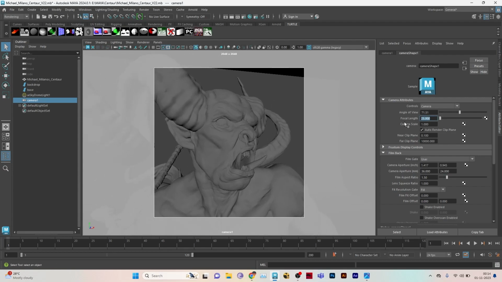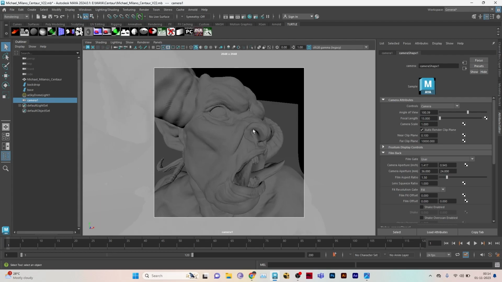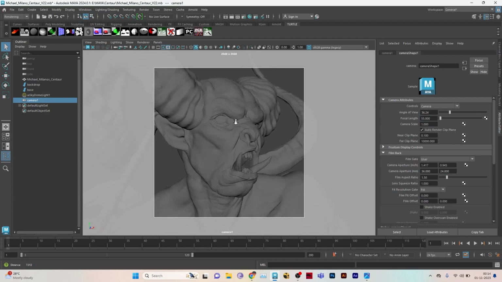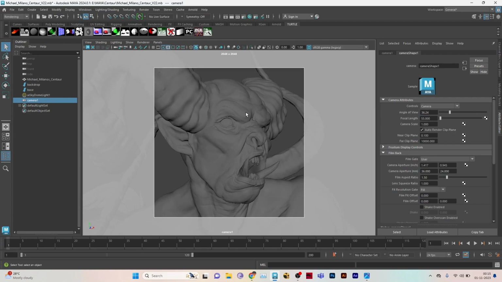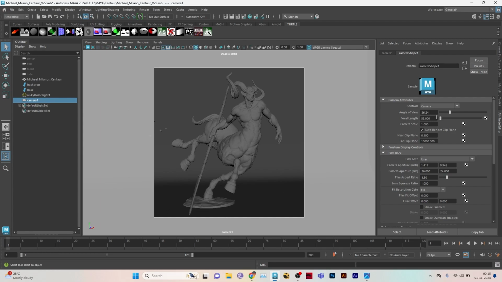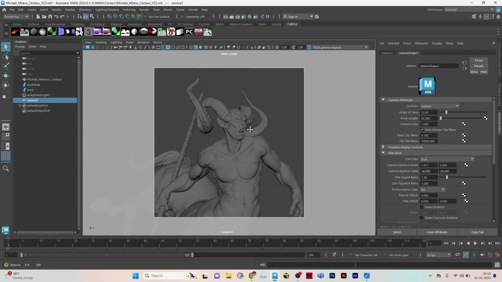The wider the focal length goes, let's say 15, you can see how distorted the shape gets. If I go something like 55, now you can see you don't have that kind of distortion. The face is without any distortion. It's proper in its frame. So any focal length above 35 is good if you are rendering the character full frame. If you are going for close-ups, I would recommend focal lengths between 50 to 85,